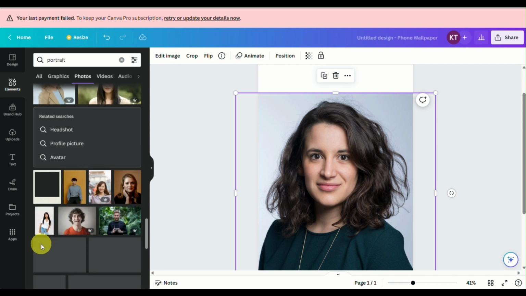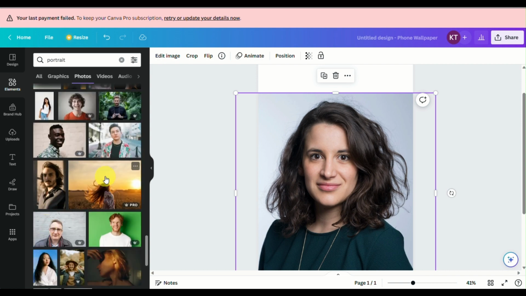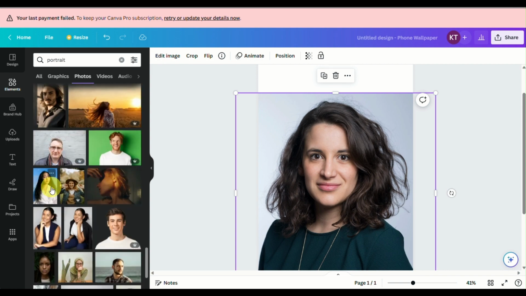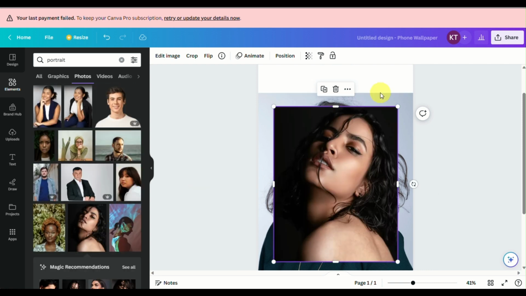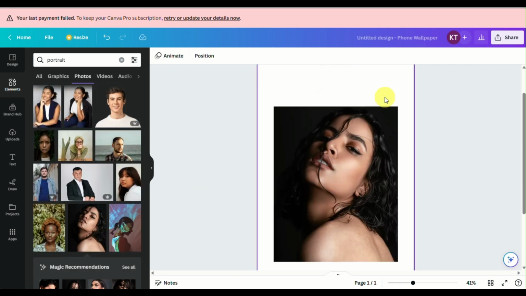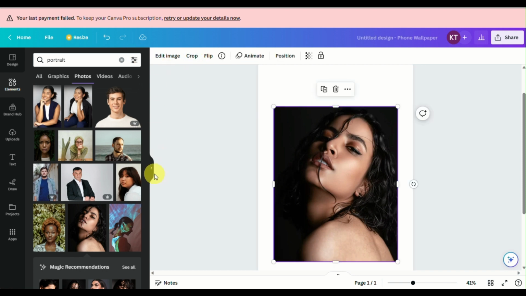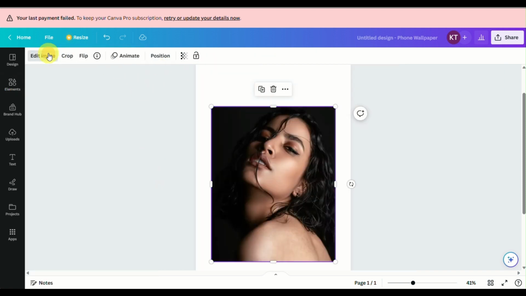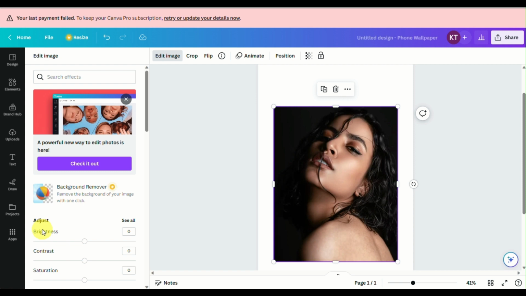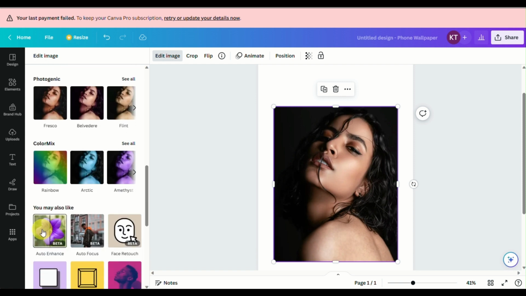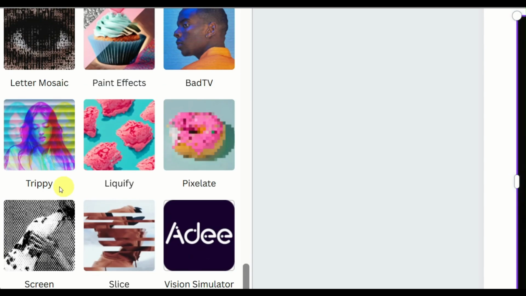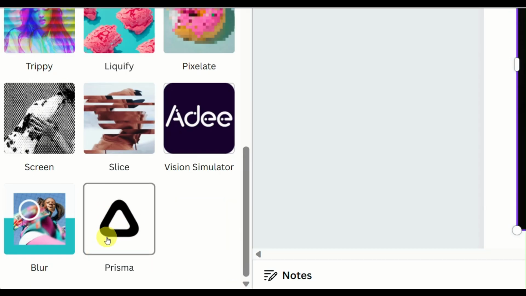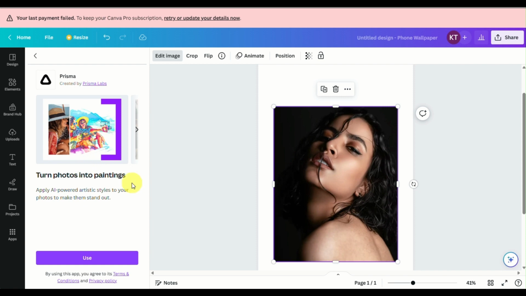In order for you to cartoonize your image, you need to look for an image, or you can upload your own image as well. But for me here, since this is just an example or a demo, I'll just be using the stock image here on Canva. So what you need to do is click on edit image here on the upper left corner, and you need to use the older version so that you'll be able to use